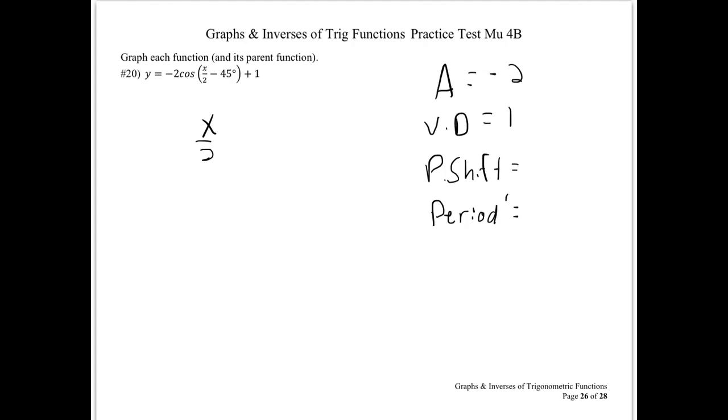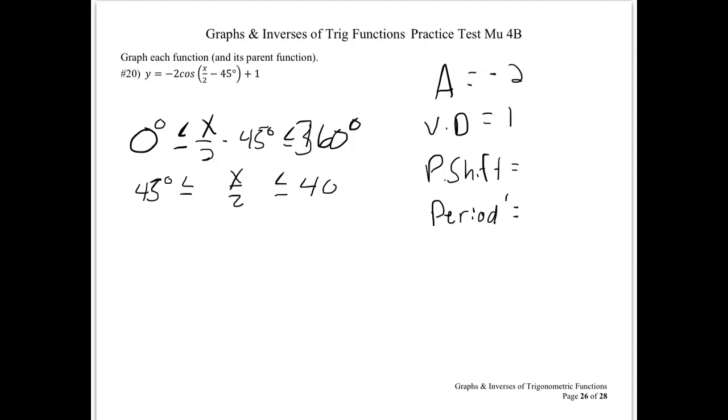Take the angle you're given, put it in the center of a compound inequality where the bread in this compound inequality sandwich is the beginning and end of a complete period of the parent function. Solving this, I'm going to add 45 to the left, to the middle, and to the right. Then I'm going to multiply each term by 2. Gives me a phase shift of 90 degrees and a new period of